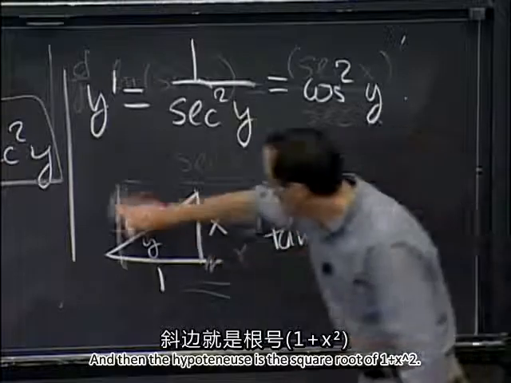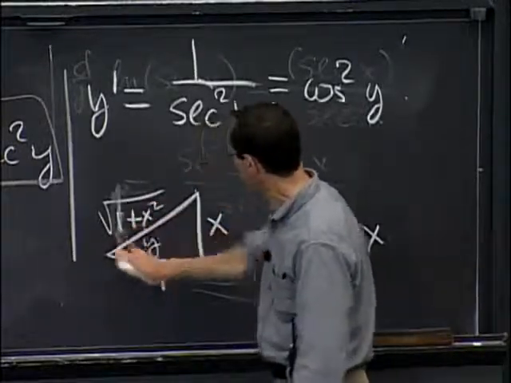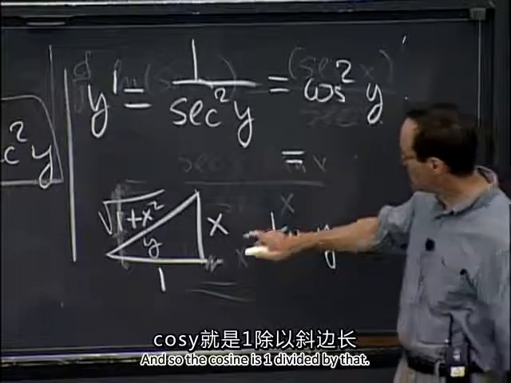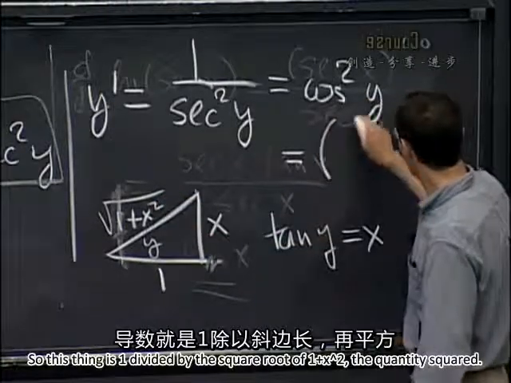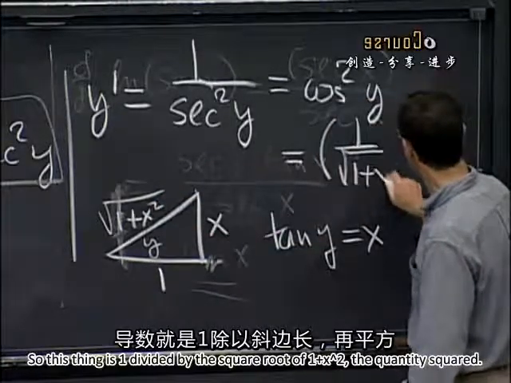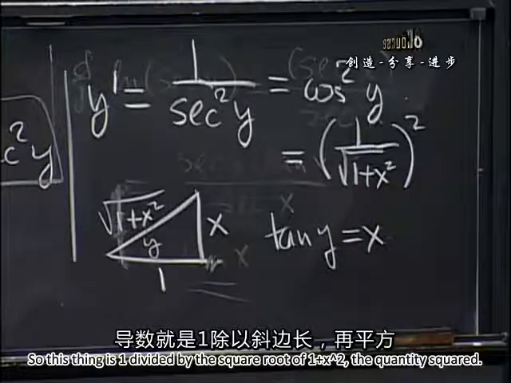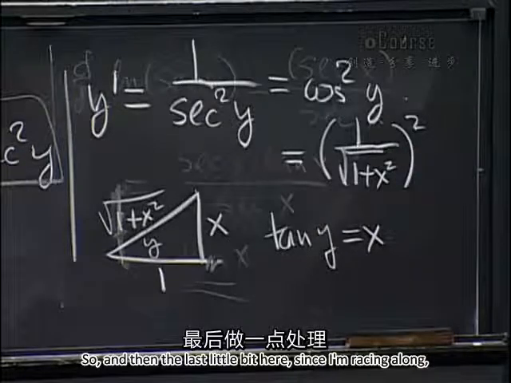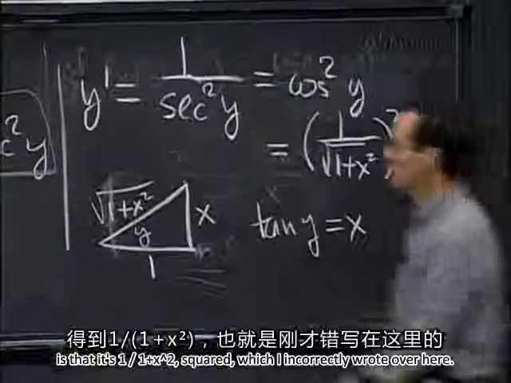And then the hypotenuse is the square root of 1 plus x squared. And so the cosine is 1 divided by that. So this thing is 1 divided by the square root of 1 plus x squared, the quantity squared. And then the last little bit, since I'm racing along, is that it's 1 over 1 plus x squared,